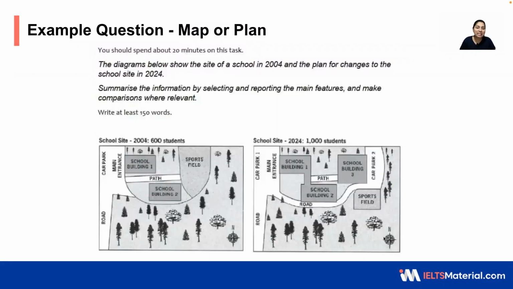The next one is map. Generally, map has 3 different types of questions. Number 1, the first map and the final map, which has the complete floor plan, which is actually describing you about different departments. It does not have any comparison. There is no differentiation between 2 maps. So it has only 1 map, and you will be describing the different departments of that map.